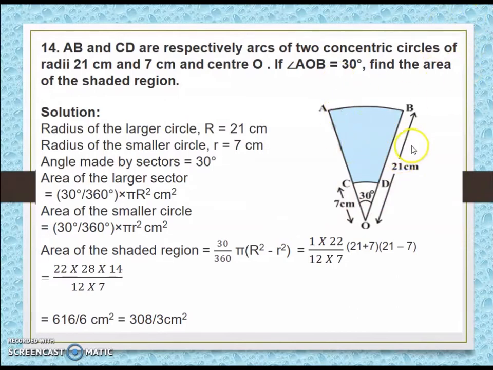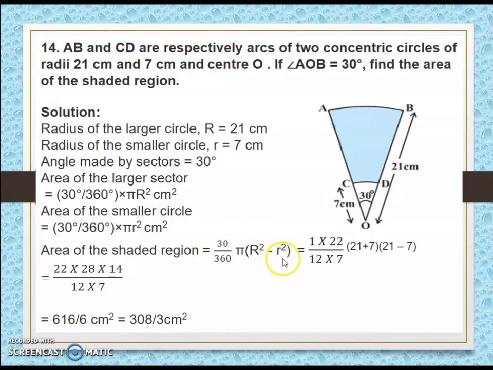So just like when you find the area of the circular ring, you do outer circle's area minus inner circle's area. Here you are finding the shaded region, which is the outer sector's area minus inner sector's area. And since they are part of concentric circles, the angle will remain the same for both. So theta by 360 into pi, capital R square minus small r square when you subtract. Theta by 360 pi is common for both these.